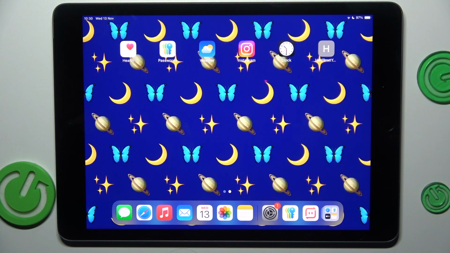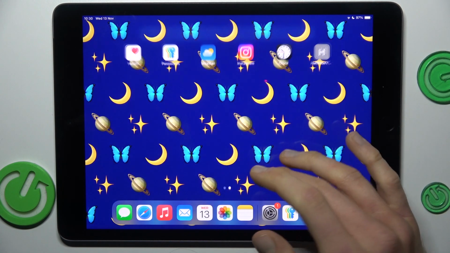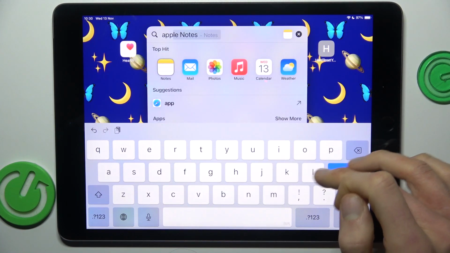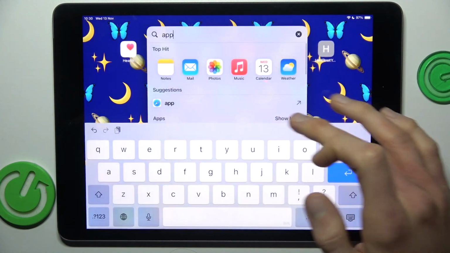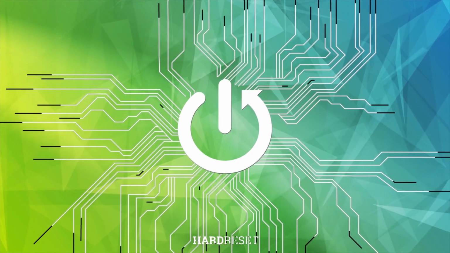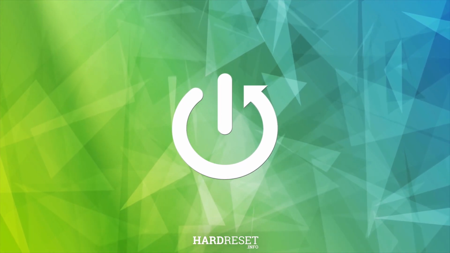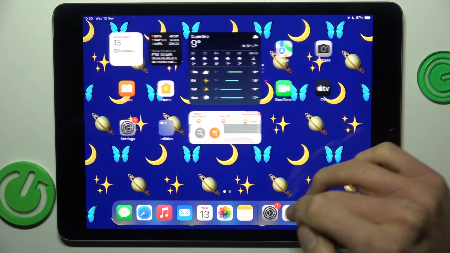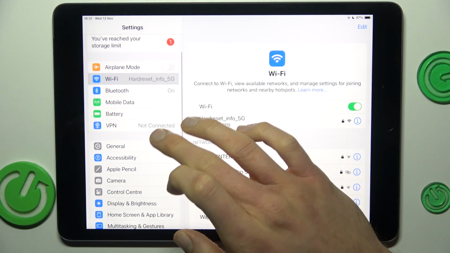Today I have an iPad 9th generation and I want to show you how to fix the problem when you can't download anything from your App Store. When you have the same problem as mine, go back to the main menu, open your Settings application, in it